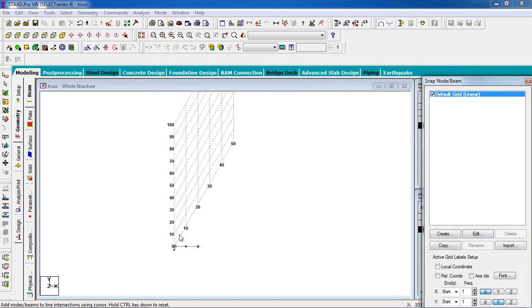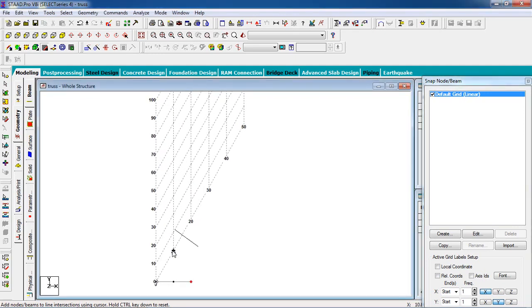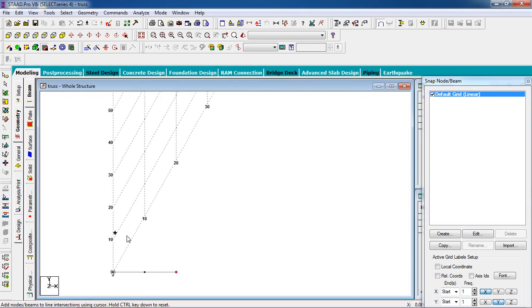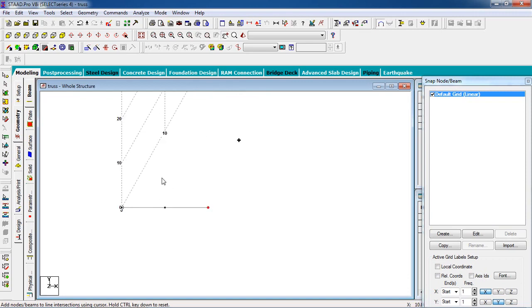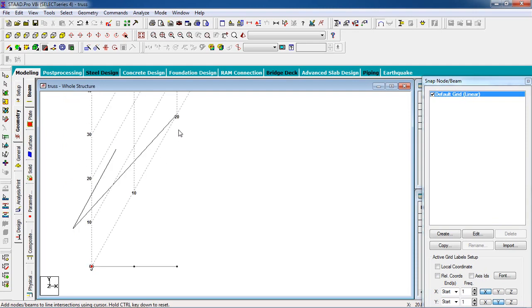Okay, now press Ctrl and I'm going to zoom it. Now press Ctrl and create a member in here.